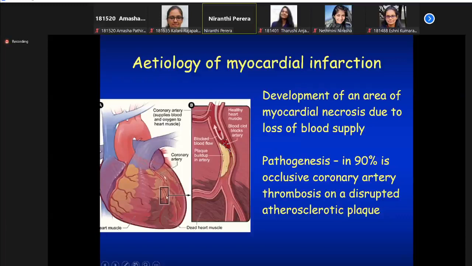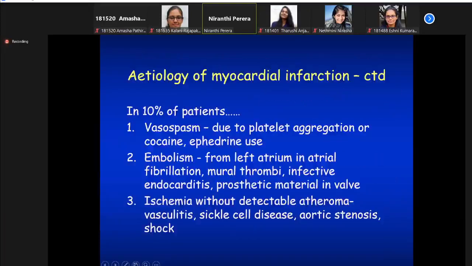But this particular one might be occluded somewhere here, and therefore that little bit of myocardium that it supplies will be affected. Like I mentioned, in other patients you can get vasospasm, embolism, or due to various other types of